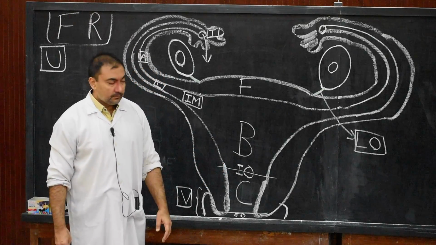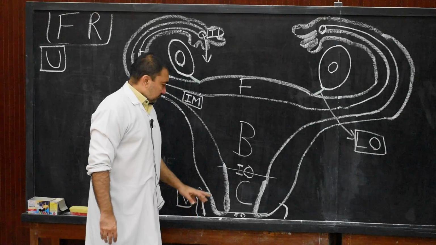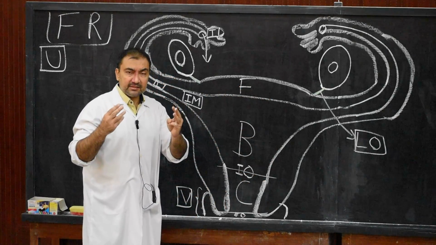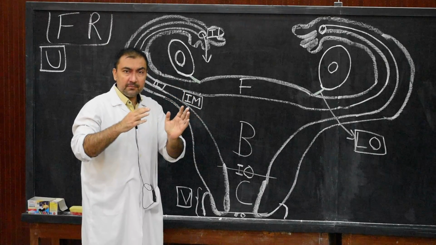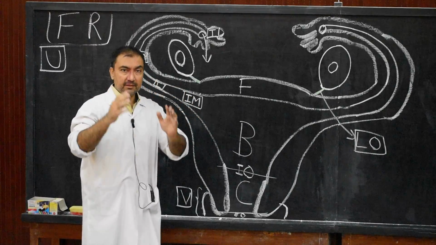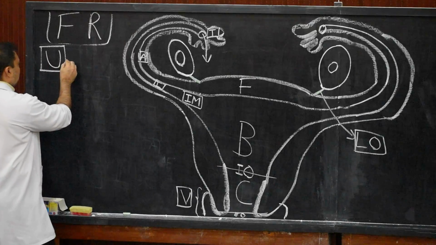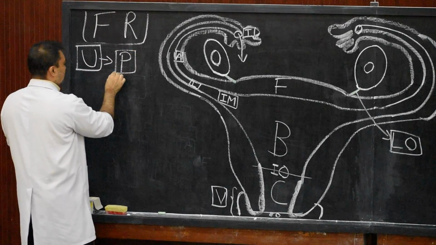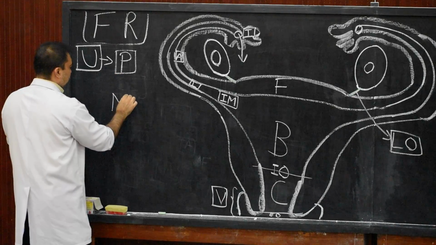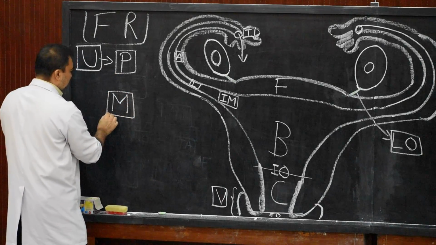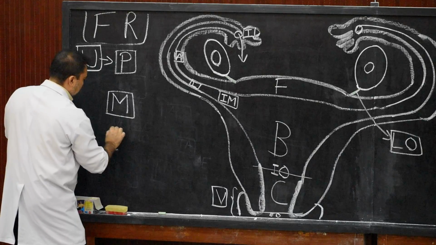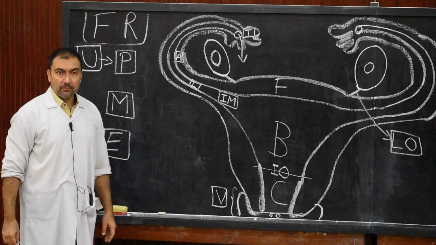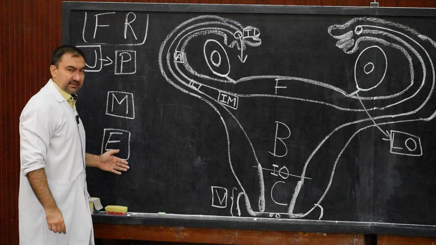Please note down. Now, the entire uterus will have 3 layers: perimetrium, myometrium, endometrium. Coming to the layers, from outside to inside, the first layer is perimetrium. The second layer will be myometrium, consisting of the muscular layer, and the third layer will be endometrium, that is the mucosal layer. We need to understand these 3 layers.